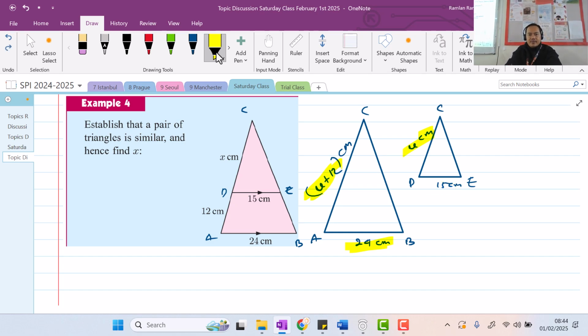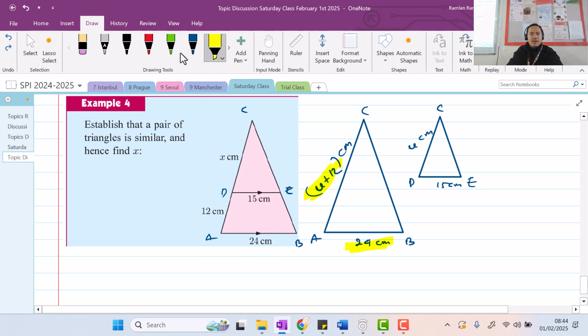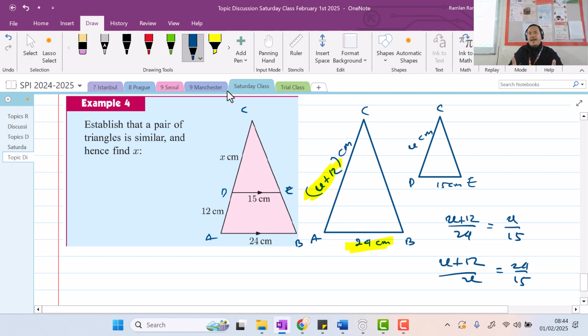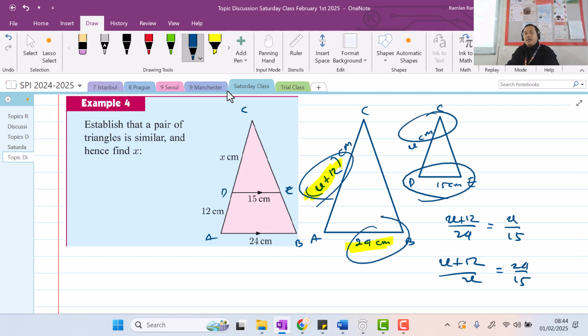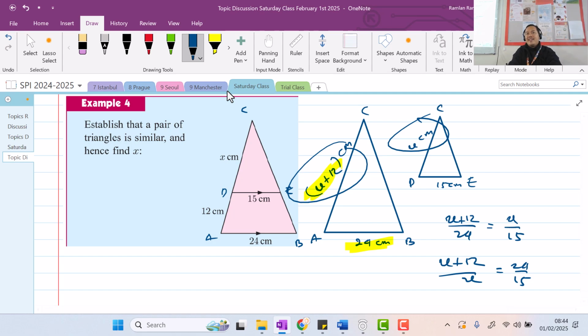Now, I'm gonna write this down. That will be like this. So, that will be x plus 12 over 24 equals to x over 15. Pak, boleh nggak Pak x tambah 12 per x sama dengan 24 per 15? Boleh aja. Ya, misalnya ini per ini sama dengan ini per ini. Itu juga boleh. Ya, yang penting pasangan corresponding sides-nya. Ya, kalau misalnya ini ada di denominator, ya berarti dua-duanya di denominator. Gitu. Ya, nggak masalah. Yeah, I'm going to use the first one, yeah? Nggak masalah, it's the same thing.